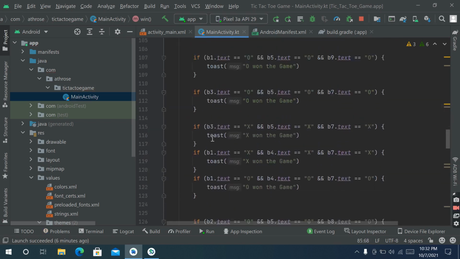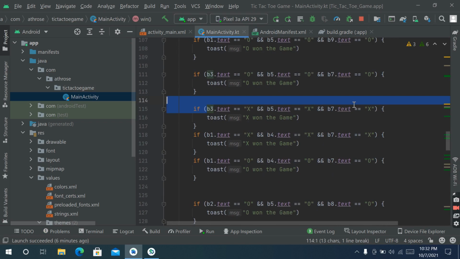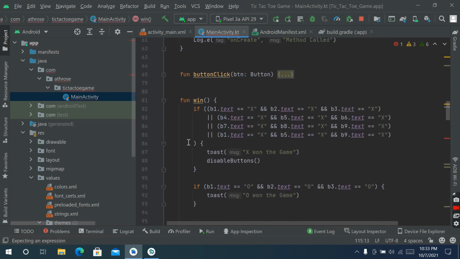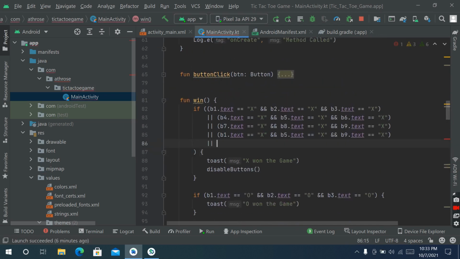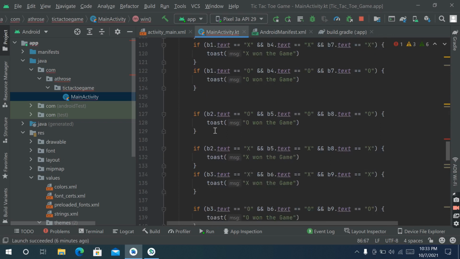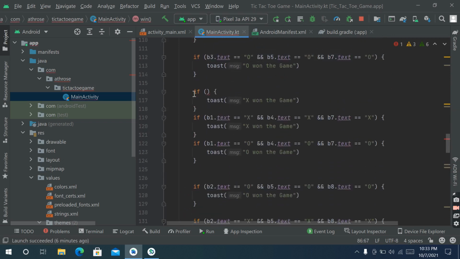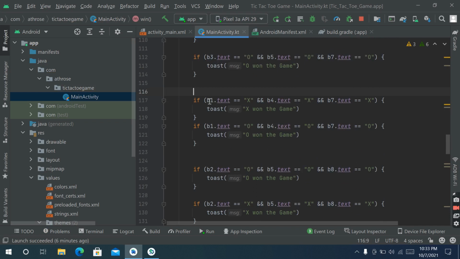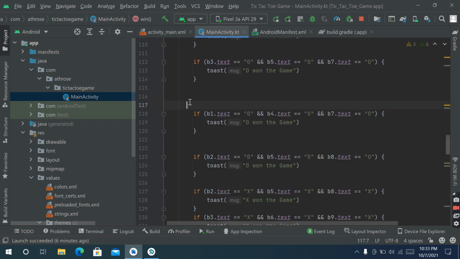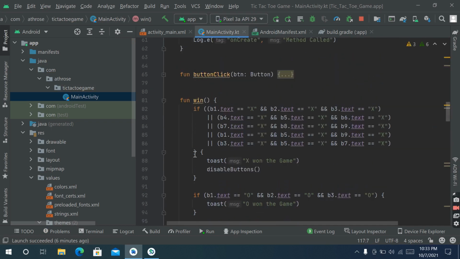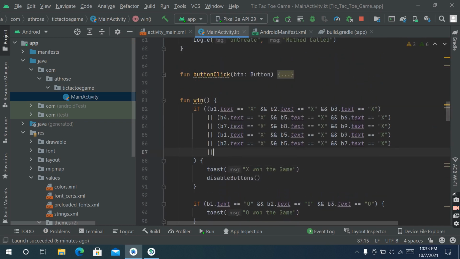The fifth condition for x winning is, okay. So do the same for this also. This. The another condition for x winning is this one. Copy the complete code and use AND statement and paste here. Okay,